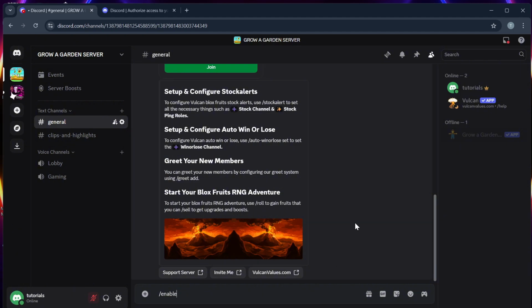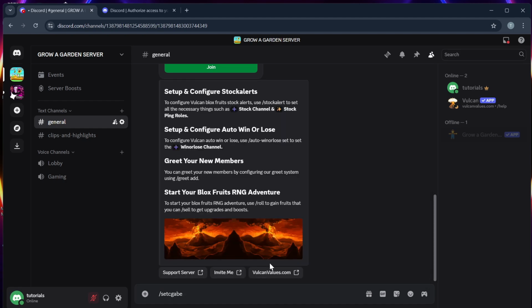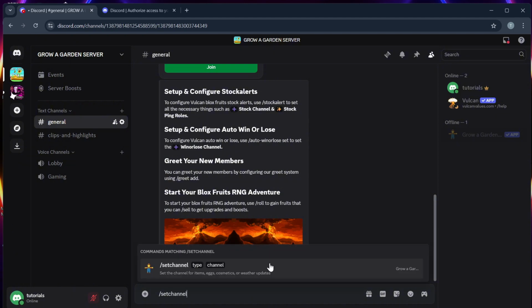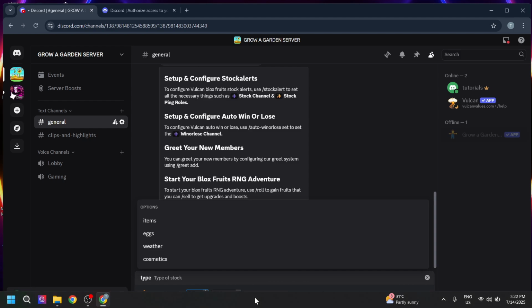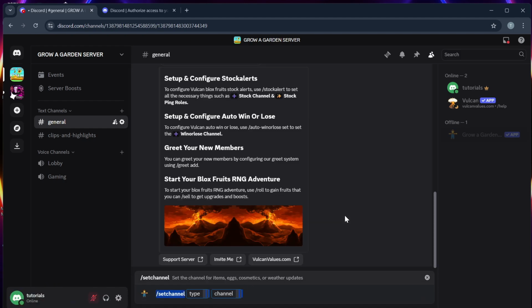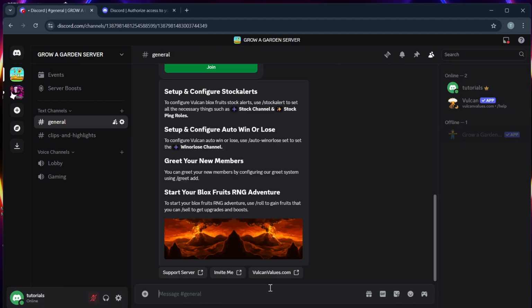Step 5. Set the channel where alerts should be sent. You can use the command /set channel and then the channel name or !set channel depending on your bot's version. Step 6. Customize the notification frequency and type of alerts. You can add harvest reminders, water needs, plant or seed stocks, or event notifications.